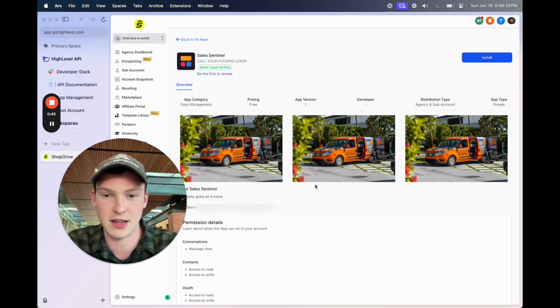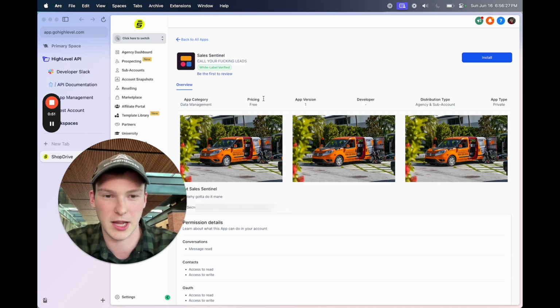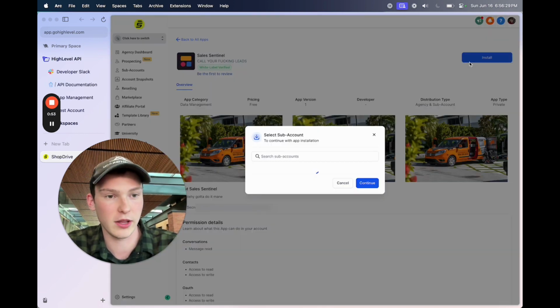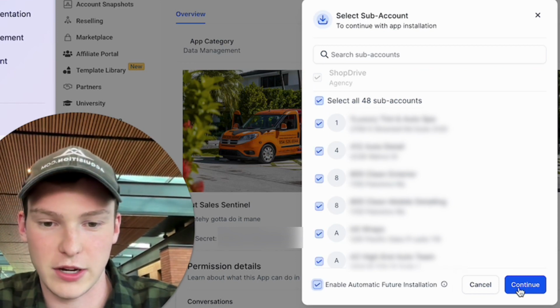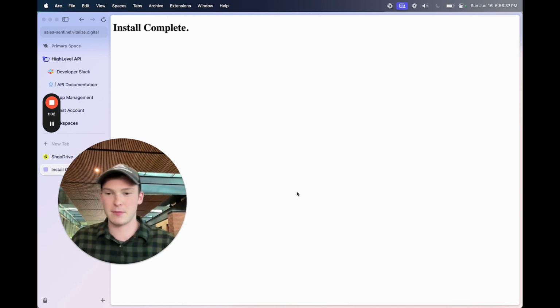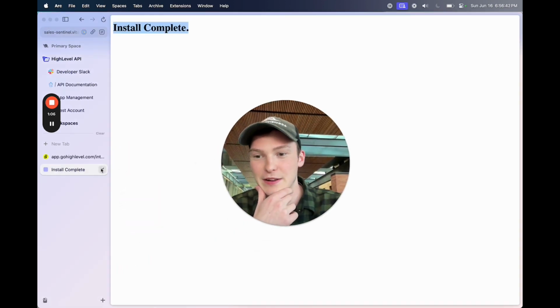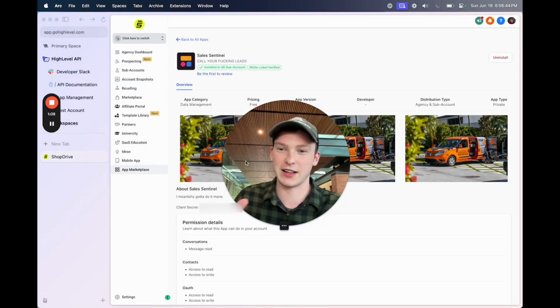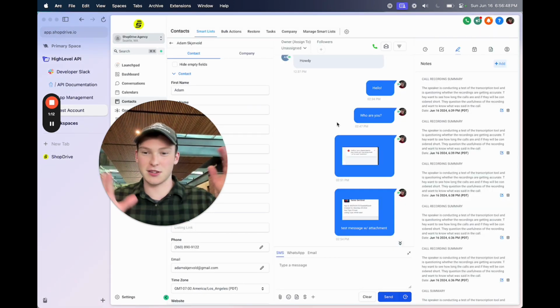Then you should see this, and just make sure you install it under an agency. I haven't tried it. I don't think it'll install under a sub account. So anyways, install it, and you're going to select all and then enable future installations and hit continue and allow. And then give it some time. It's going to say install complete, but you're going to have to give it, I don't know, probably 5 minutes, a couple minutes, just to process things and make sure everything's in place, because there's a lot of moving